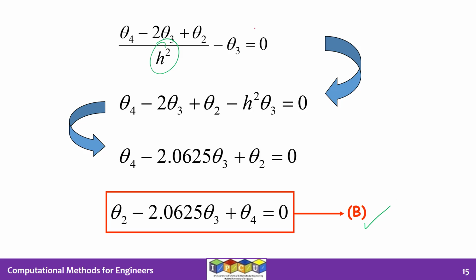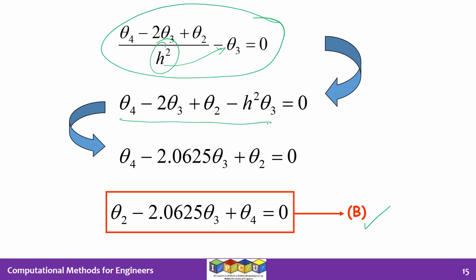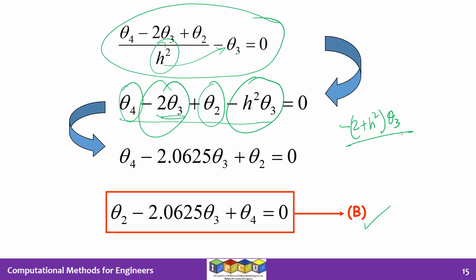So all I've done here is I've taken this equation, you have seen this equation before, and then you multiply throughout by h squared, which will result in this equation, and then you apply the fact that h squared is 1 by 16 because h is equal to 1 by 4, and then group similar terms together. So theta 4 and theta 2 appear only once. This theta 3 will be minus 2 plus h squared theta 3 together, right? So these two terms can be combined into a single term. And then you put theta 2 first and theta 3 next and theta 4 next, you will get